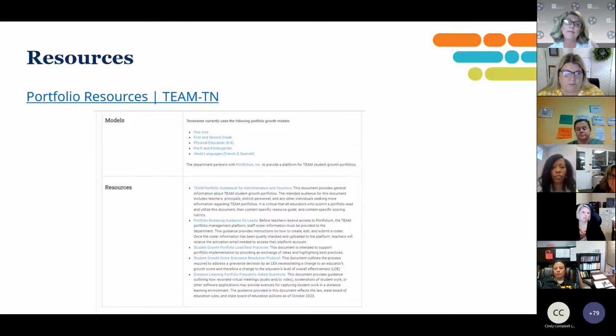hyperlinks. But you will find under the Portfolio Resources tab all of the models that we offer in Tennessee as portfolio models. You'll see the Fine Arts page, the first and second grade page. If you have first and second grade teachers implementing portfolios this year, I strongly encourage you to get on that page, look at those documents. All of the first and second grade portfolios have been redesigned. They are completely different from last year, so make sure that teachers get those in their hands as quickly as